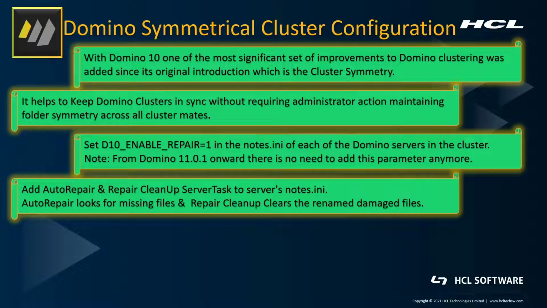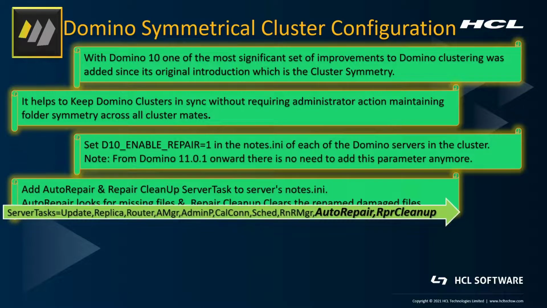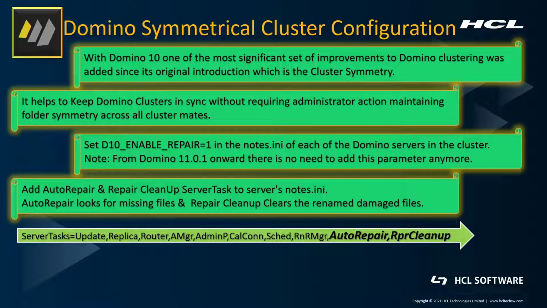And apart from it, the auto repair task is also capable of identifying if any database is corrupted. So any such corruption messages in the console are noticed, and then a fixup is initiated. In case the fixup is not able to fix that particular database, then it is renamed to something like a damaged file, and a good copy is created from one of the available cluster node servers. And after n number of days, the damaged file is deleted. So this is how the server task looks after the addition of those two particular parameters.